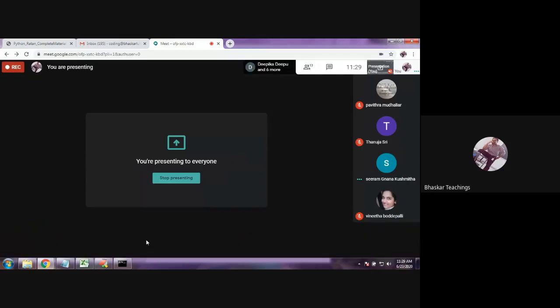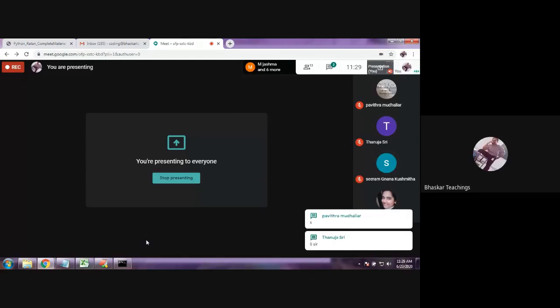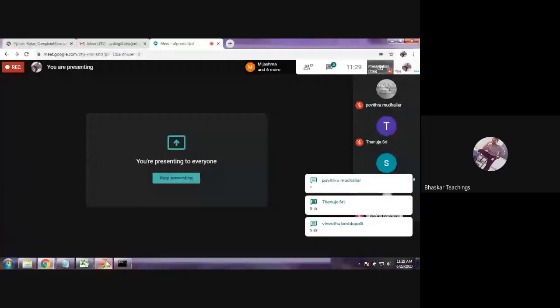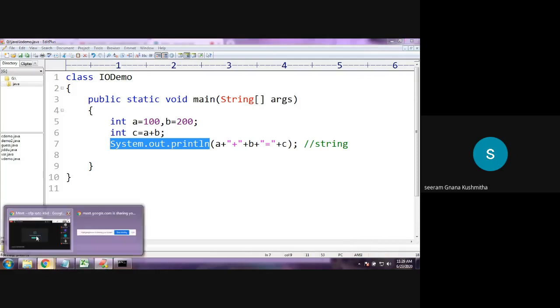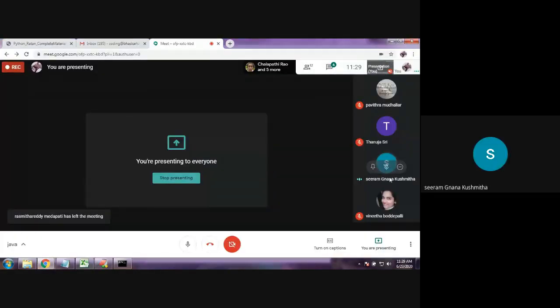Everyone? Yes, sir. Okay, fine. So now, this is with output statements, and I told you I am going to explain the meaning of system here, and what is the meaning of out and println, each part in the later classes. Once you get a good idea on Java, then only you can understand. So for now, you just remember the printing statement is this syntax. Println is the method.